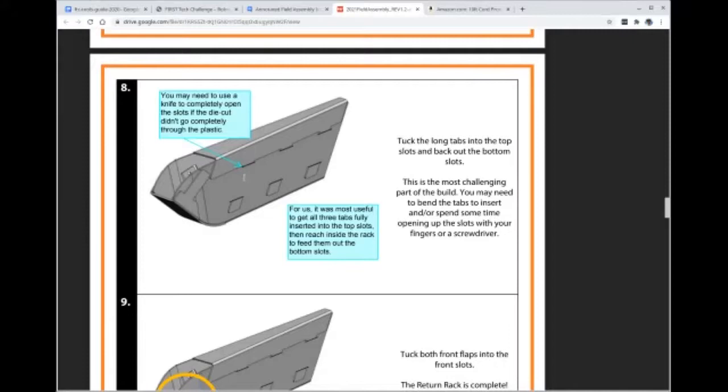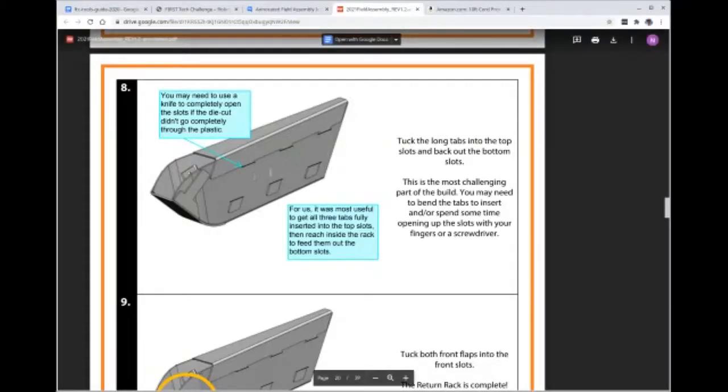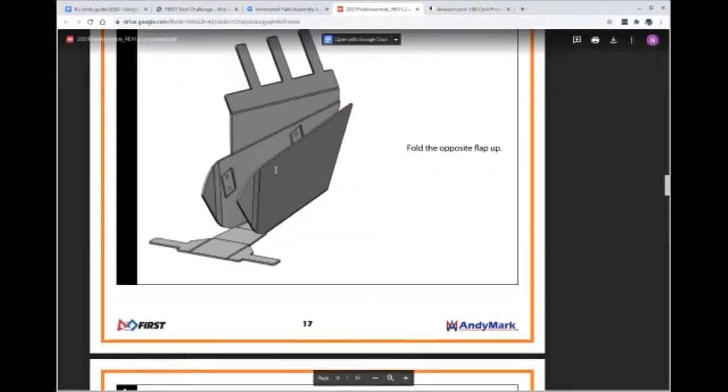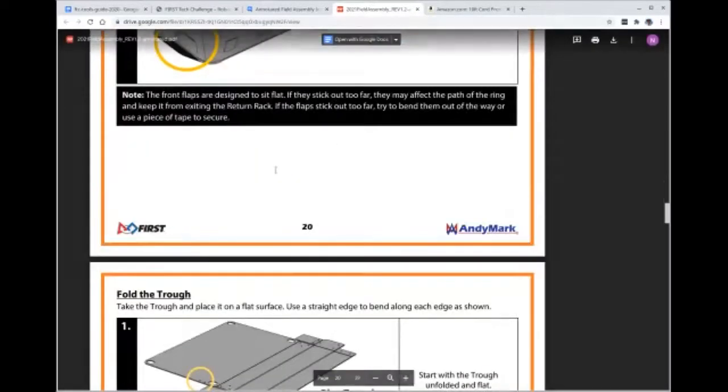Part of what made it challenging for me was that on the corrugated plastic that I got, the slots weren't actually cut all the way through, and I didn't realize that. So I eventually said, okay, I'm just going to take a knife. I could tell that I was cutting through a bit more of the plastic, and then it went through okay. So that's the most challenging part. You can see the little blue notes that I added throughout the document. They're just little tips on how to go about doing it. And there's another page later where,